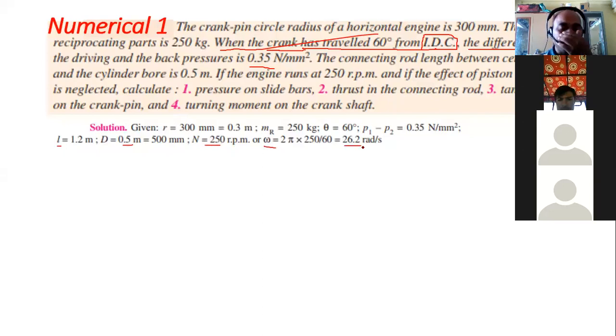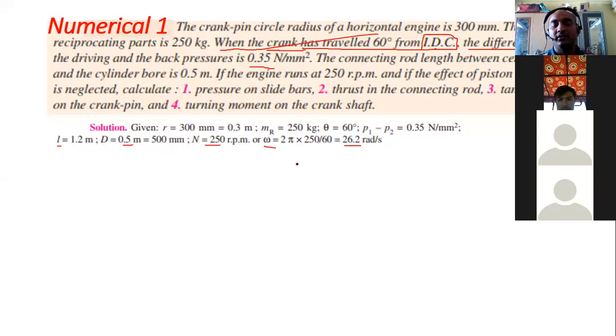Okay, so try to remember, in every problem your first attempt is to find out piston effort. Piston effort is nothing but net load minus or plus Fi, and then frictional resistance or frictional force. If frictional force is not mentioned, neglect it. But we need at least two forces to find out piston effort, that is FL and FI. So first of all, we must find out FL and then FI.